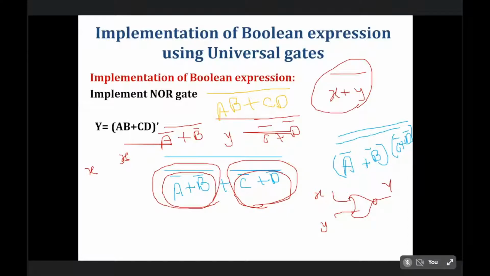Now we have to take these terms as individual terms. We will implement this a bar using the NOR gate. So this will be